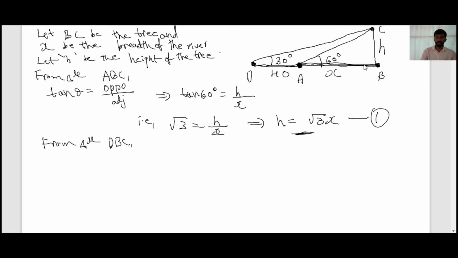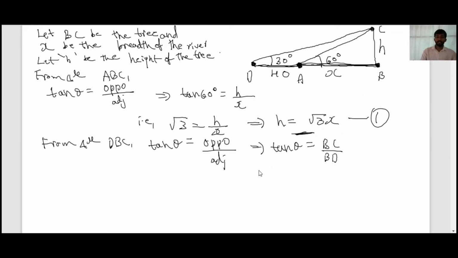Adjacent is BD as well as opposite is equal to BC. Okay, so tan theta is equal to, what's the formula? Opposite side divided by the adjacent side. This implies tan theta is equal to, what is opposite side? BC divided by the adjacent side is equal to BD. Okay, you're considering the whole triangle, right? This much. So adjacent side is equal to BD.